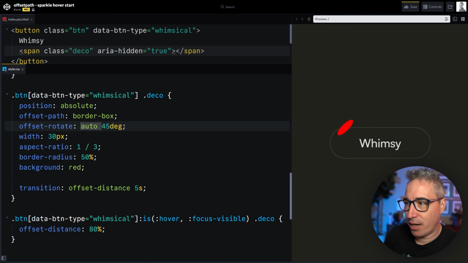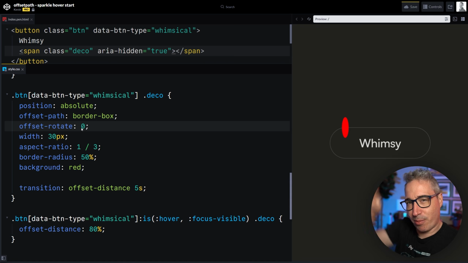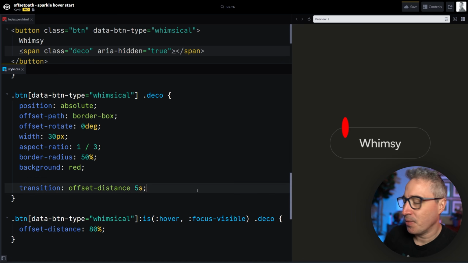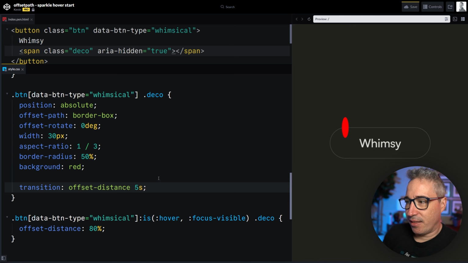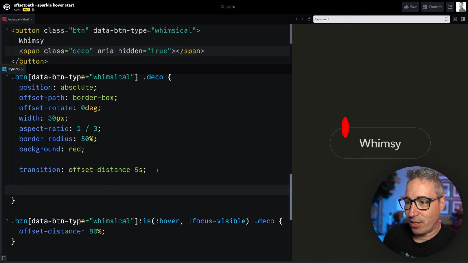In this case, though, I'm actually going to put this at 0 because we're going to make star shapes. I don't really want them turning. I just want them doing their thing. So I'm going to put an offset rotate of 0 degrees. Nice. The next thing I'm going to do, we're going to paste in some code here just to speed things